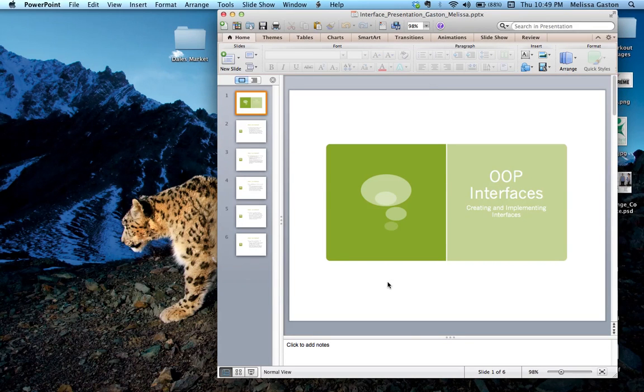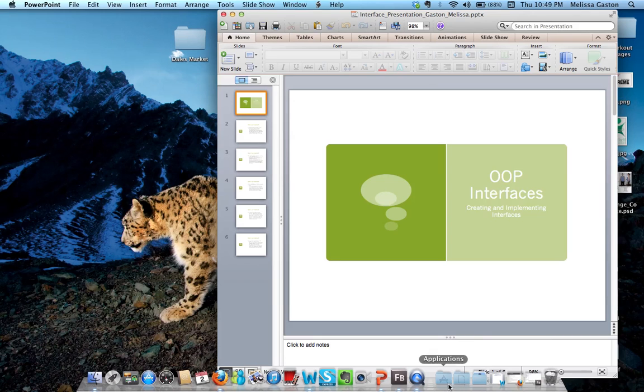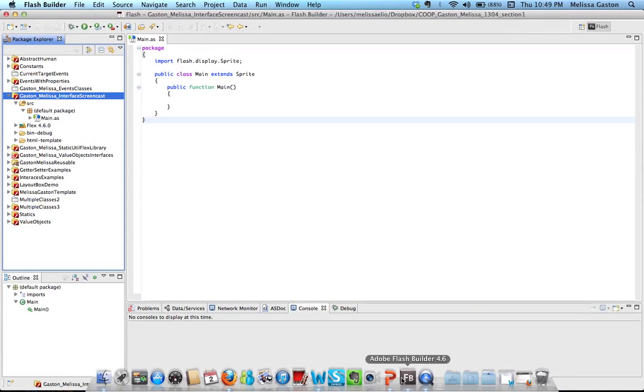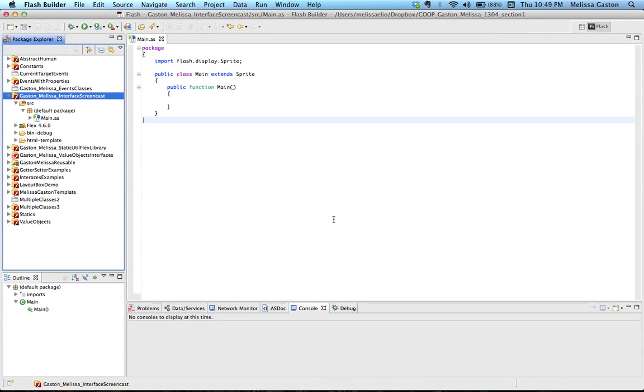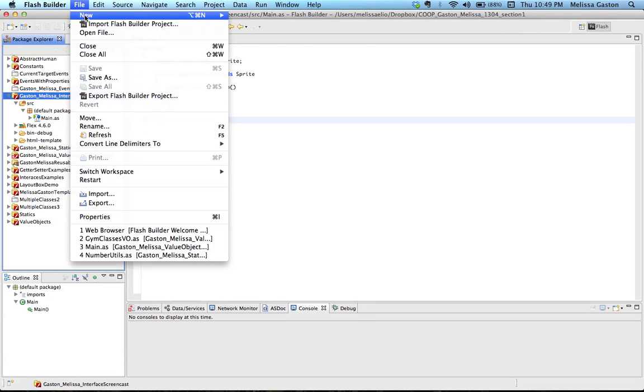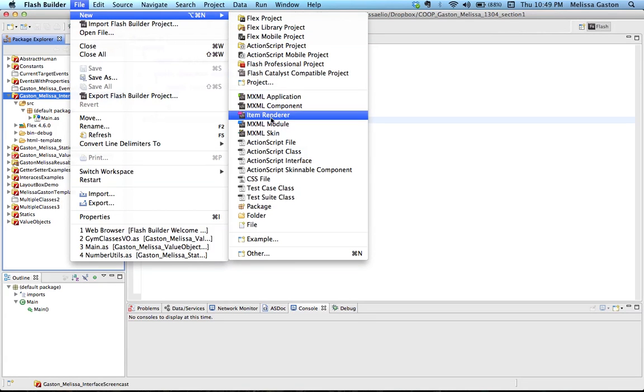Okay, and if you're following along with my written tutorial, I'm just going to go ahead and run through it right now. So we're going to start off with a new Flash Builder project, and there's nothing to it. I just started a new project. You'll come up here and you'll go to File, New, go down to ActionScript Interface,